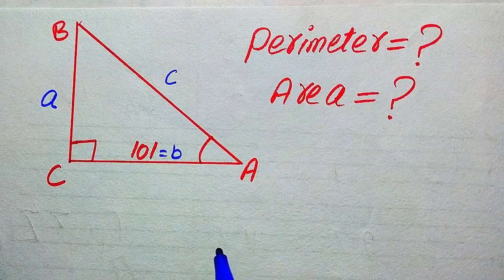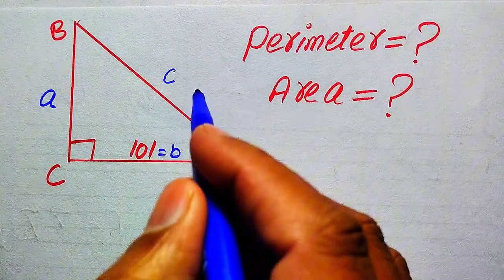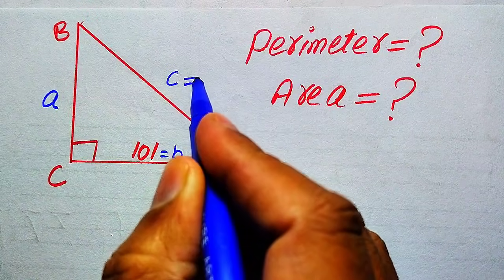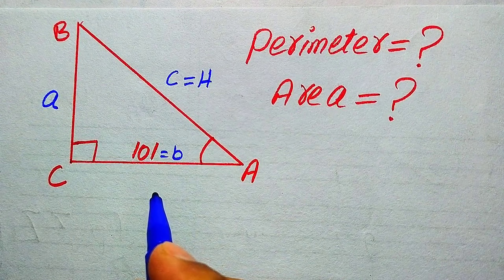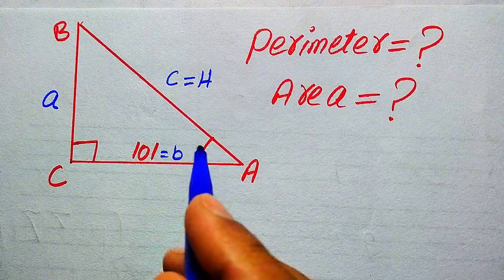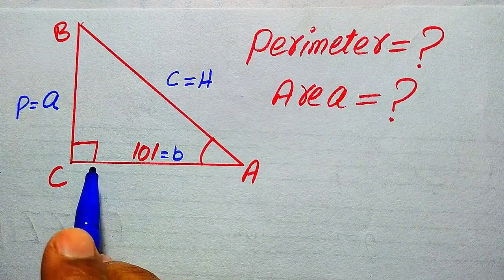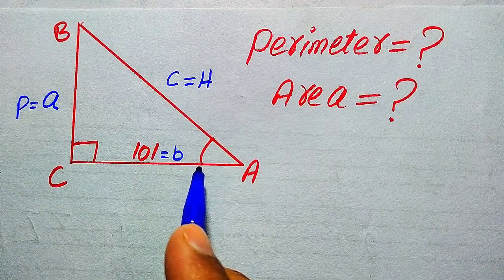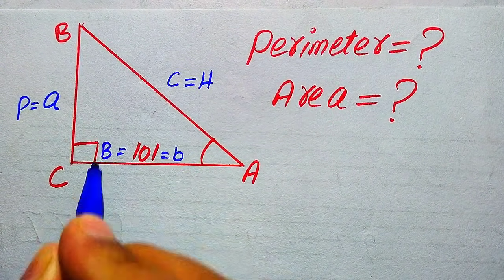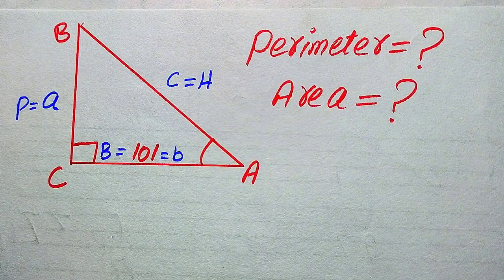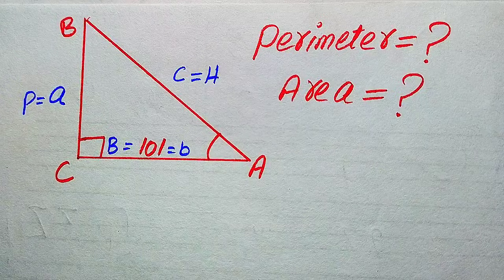Also, you know that in a right triangle the side opposite to the right angle is called the hypotenuse. It means that our small c is the hypotenuse, and the side opposite to this angle is called the perpendicular side, and the side which joins the 90 degree angle and the other angle is called the base of this triangle. Okay, so here first we solve this problem with the help of the Pythagoras theorem,